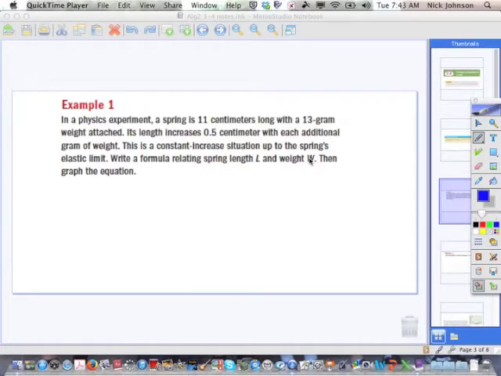Okay, I'm going to do this a little bit differently than what your book does, so you might want to pay attention here. The first thing is I'm going to find slope right away. And slope is normally a rate of change. So if you look here, it says length increases 0.5 centimeters with an additional gram of weight. So what that's telling us is that length increases for each additional gram of weight, which means I'm going to have length